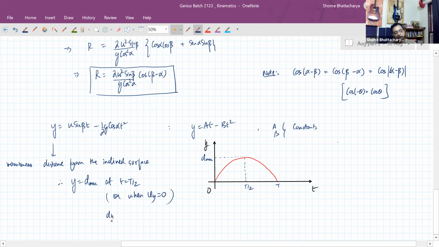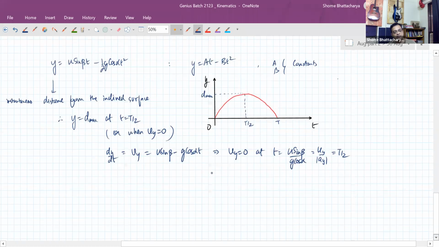So dy by dt, which is vy, is u sine beta minus g cos alpha t, which we have seen earlier. So vy is equal to 0 at t equal to u sine beta divided by g cos alpha, or uy divided by mod of ay, which is half the time of flight. So at that point of time,